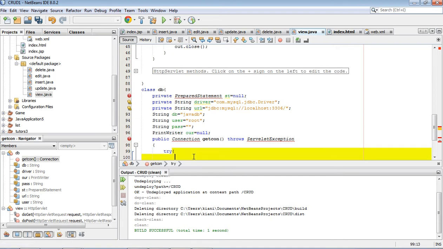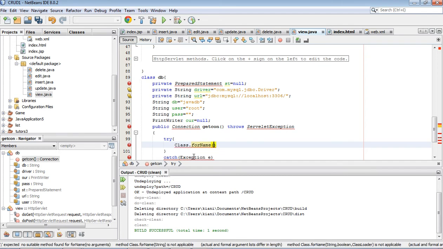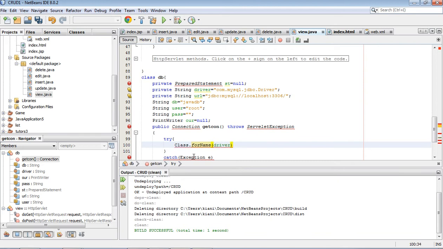Okay, now we create the public function and connection. It will return Connection getCon.